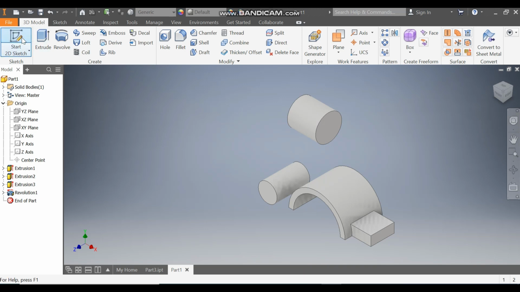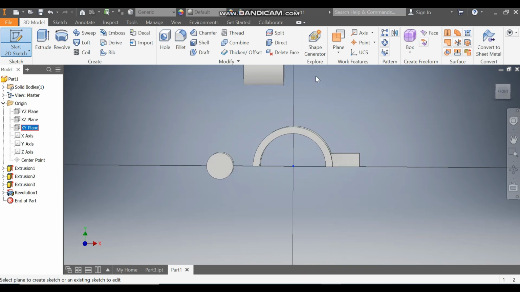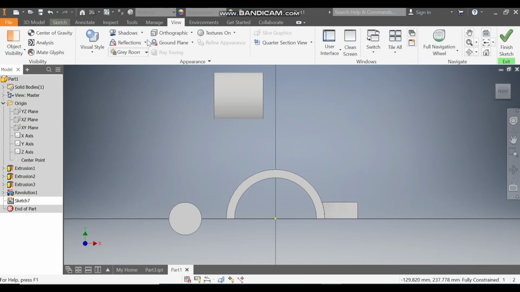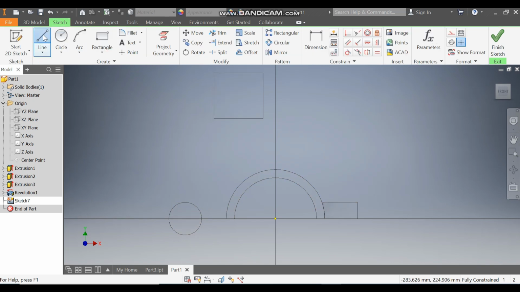Go to 2D sketch, select XY plane. Here go to view, visual style, change it to wireframe. Go to sketch, take the line command, make one straight line. Okay, escape, go to line command once again, make one line like this till here, escape, and go to dimension, define this as 10, define the height of 150,